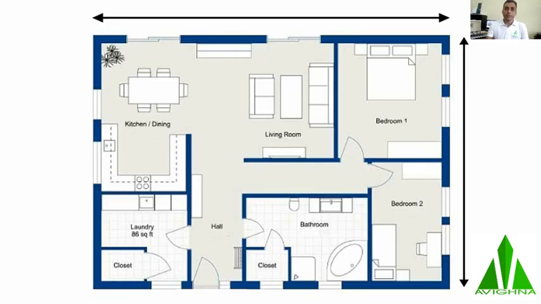Next is built up area. A built up area is also called covered area. And how is it calculated? Built up area is calculated as the summation of carpet area, balcony area, cupboard area and the internal and external walls of your flat. The addition of these is called built up area. So built up area is, you can say, for example, 10 to 15% more than your carpet area.